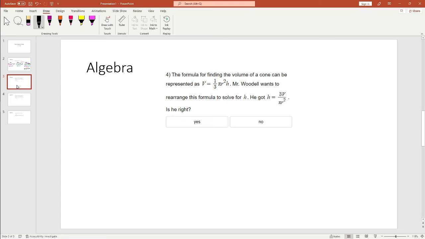Number 4, it looks like you guys forgot about literal equations. The formula for finding the volume of a cone can be represented as this. Mr. Woodell wants to rearrange this formula to solve for h. So in this situation, I have V equals, but I want to end up with h equals something. So if I look at my original formula, I need to do some mathematics and get